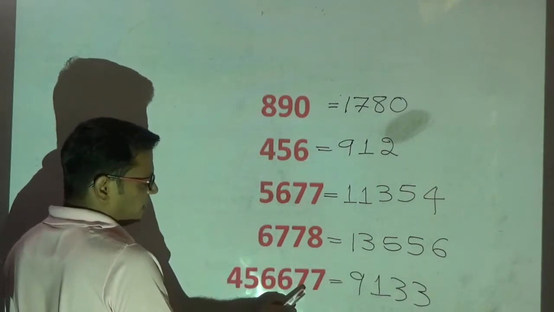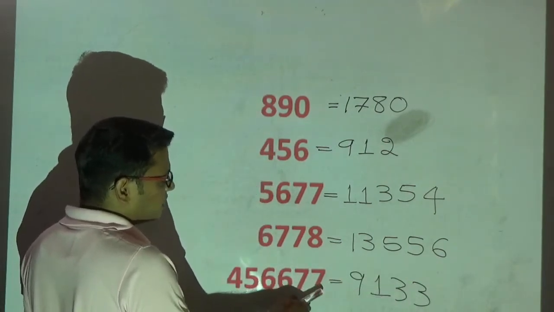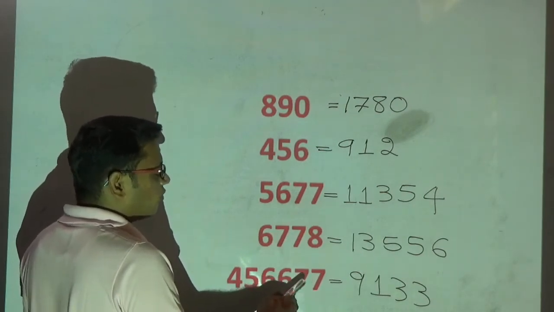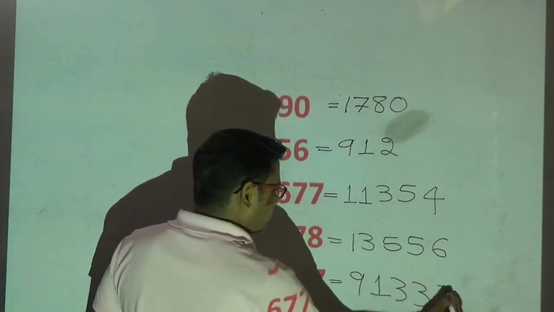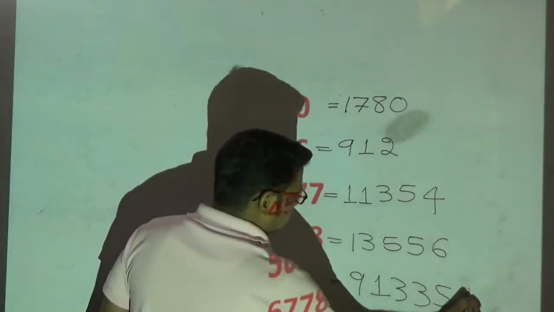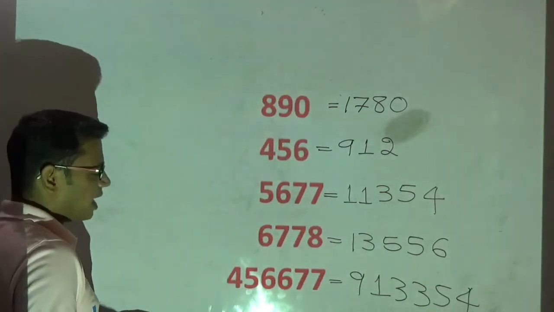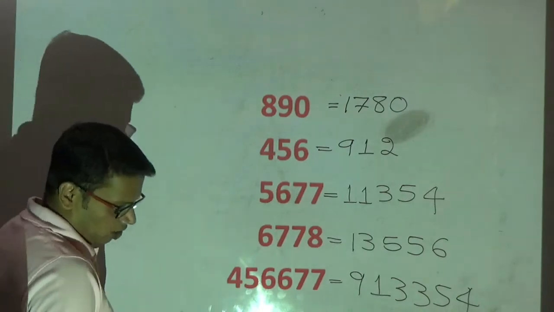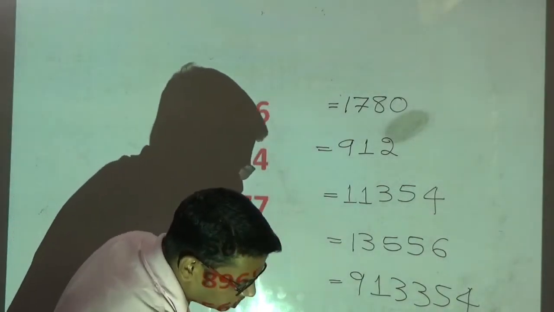Next number here, 7. Double of 7, 14. Next number is more than 5. Therefore, 14 plus 1, 15. Write only the end digit. Next, 7. Double of 7, answer is 14. Write the end digit only. See how quickly I am doubling the numbers. We'll go for the next set of questions.